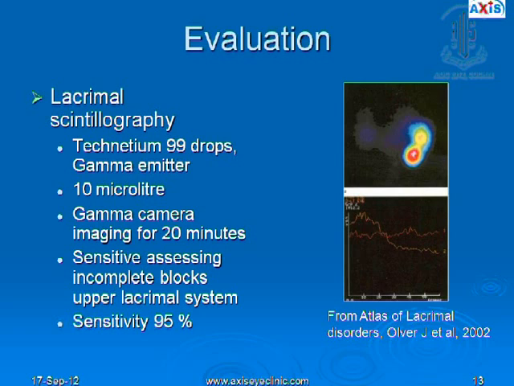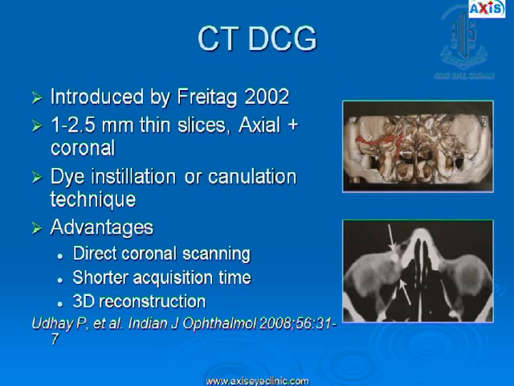If you have access to better investigation modalities like lacrimal scintigraphy, we put a technetium-99 drop into the fornix, and with gamma camera imaging we try to see how much activity of the dye is visible. So here in number 2, which is the left eye, the activity of the dye is progressively decreasing over time, while in number 1, which is the right eye, you can see that the activity of the dye is constant for a long time, which means that the dye is not actually moving out of the fornix. So number 1, the right eye, actually has a block. So this is useful in assessing blocks of the upper lacrimal system, that is the region of the canaliculus.